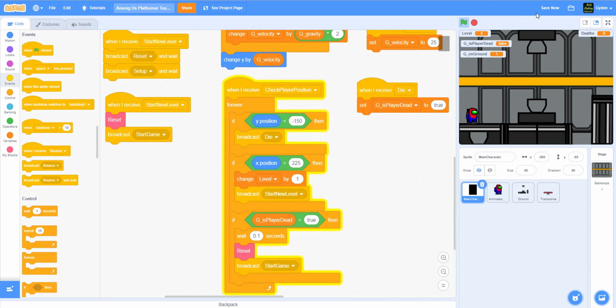Okay, all right, let's try run it again now. So in level 4 we jumped and we died. You see that it kind of stayed there a little bit, 0.1 second, and then came back over here. Okay, all right, so